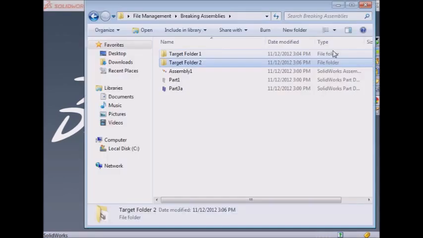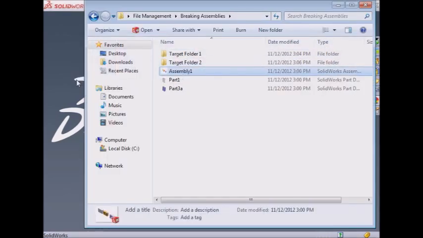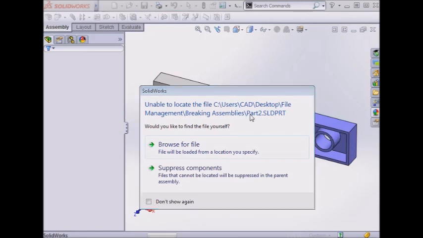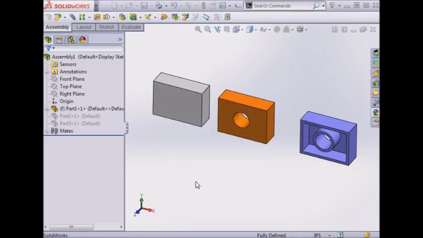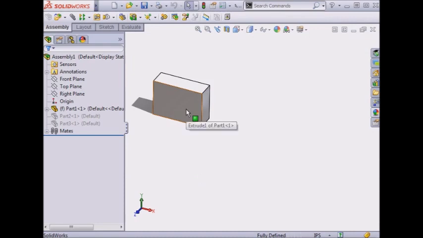Now I'll open Assembly 1 again. The pointer to Part 2 is still broken, as is the pointer to Part 3. And as you can see, Part 1 is still the original version, not the one I just created with the cut in it. While the Part 1 pointer is still valid, it's pointing at the wrong file. Now these are simple examples of how assemblies can either lose their referenced parts, or simply point at the wrong